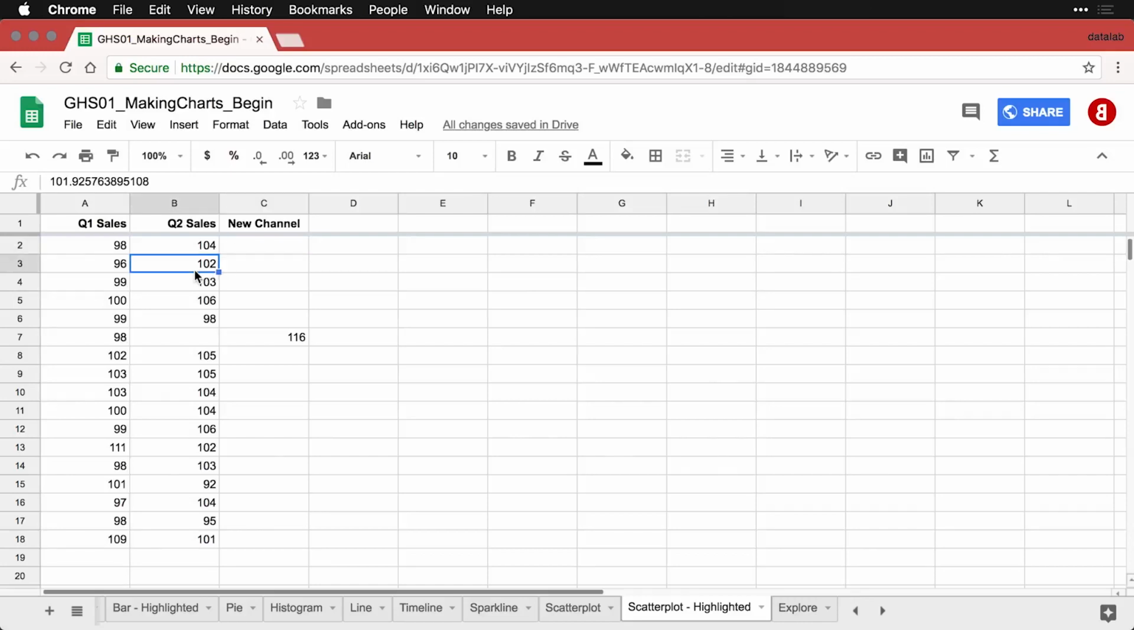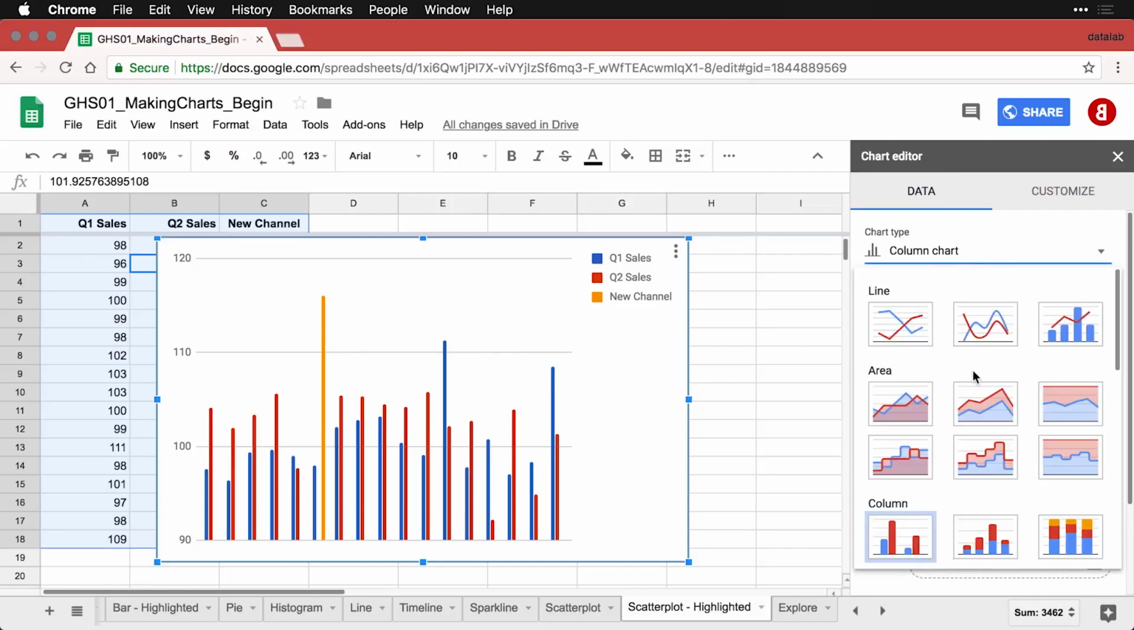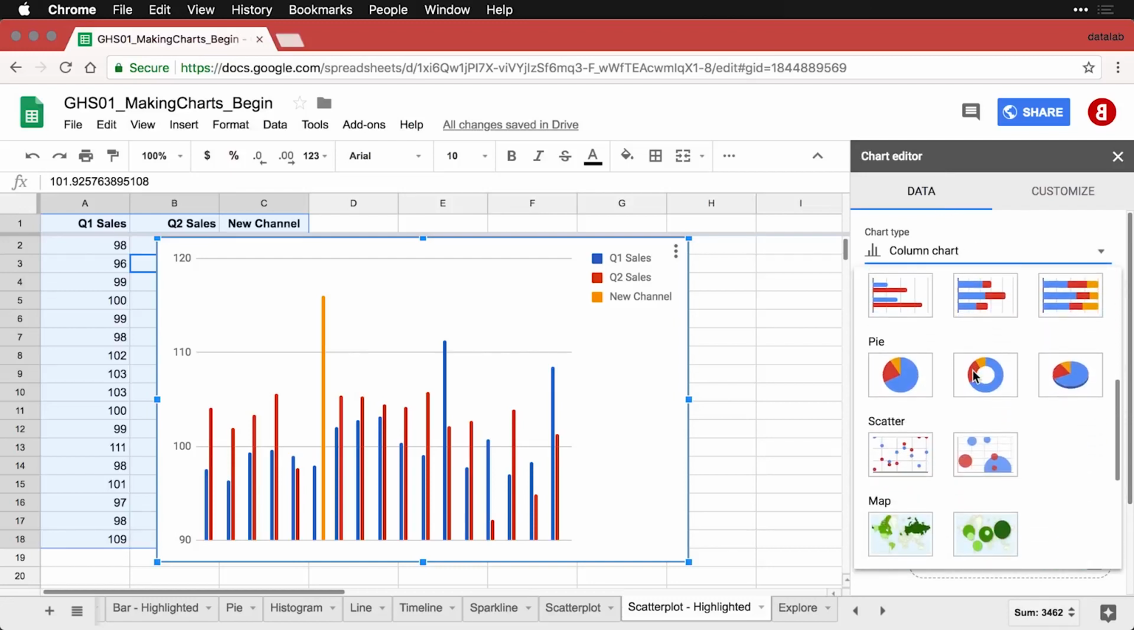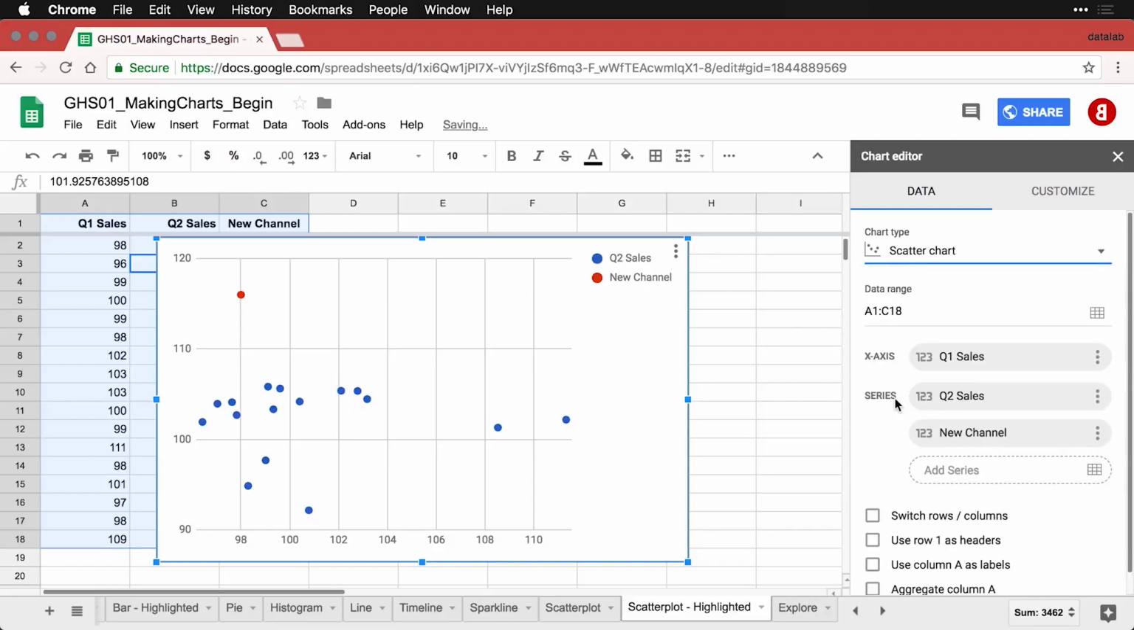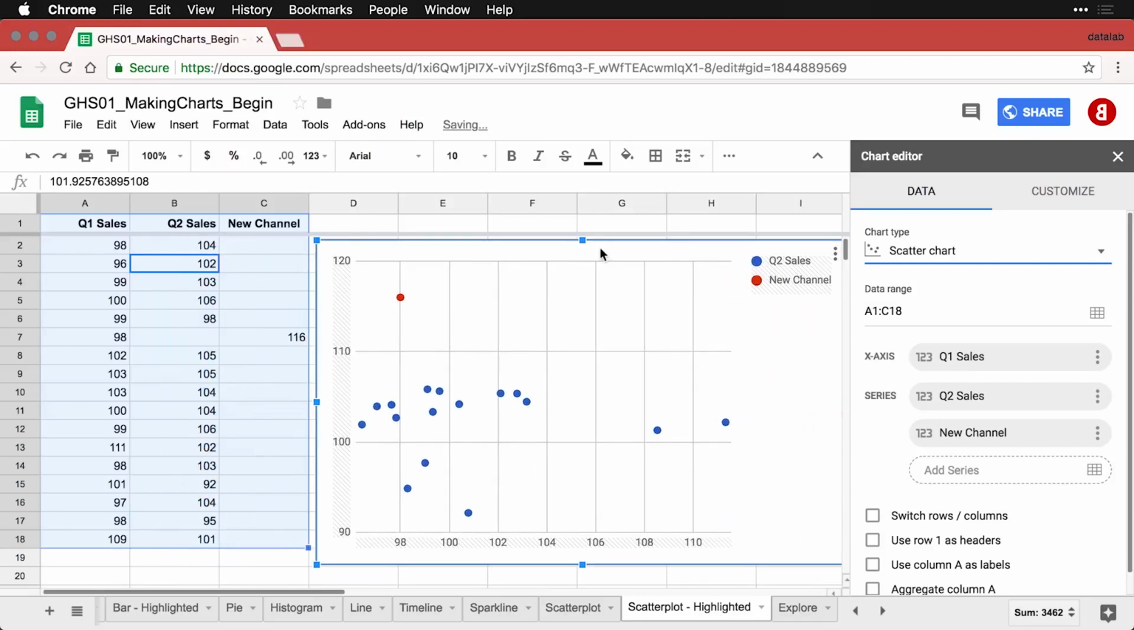Let me highlight all of this data. Just doing the Shift Command or Control in the spacebar, and then come over to Insert Chart. Now, what it does is it gives me these 3 bar charts, which is definitely not what I want. I'm going to come down to Scatterplot. And now when I move this over, you can see that the one unusual value is here all by itself,